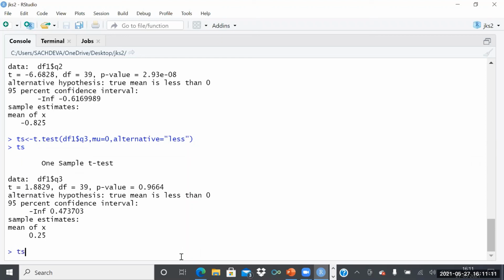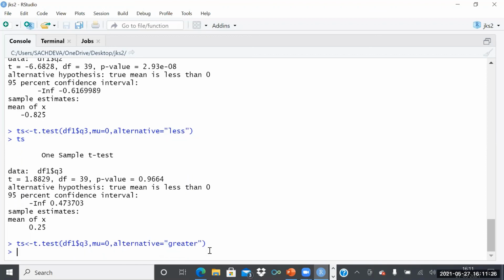Let us see on the greater side. So this is one tail, on one side only.